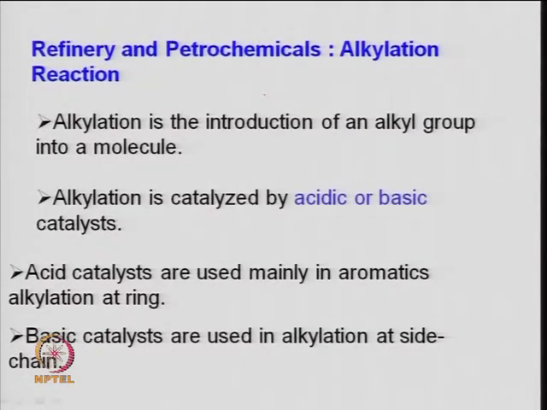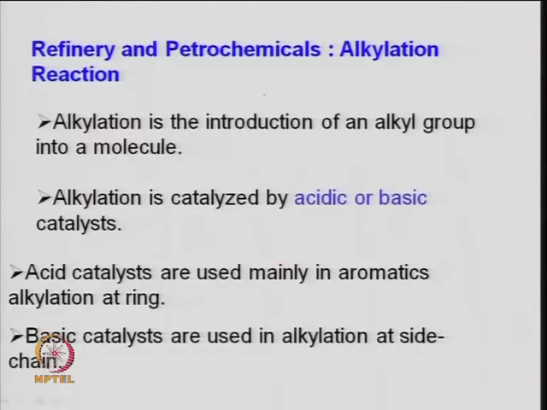The important reactions in refinery and petrochemical processes include alkylation, isomerization, cracking, hydrocracking, and dewaxing. All these reactions take place in the refinery. In petrochemicals you also have polymerization reactions for manufacturing high density polyethylene, low density polyethylene, polypropylene, and styrene butadiene rubber. A large amount of catalyst is used in refinery, petrochemical, and fertilizer industries, and the type of reactor design will depend on the kinetics, the hydrodynamics, heat transfer, and the exothermicity or endothermicity of the reaction.